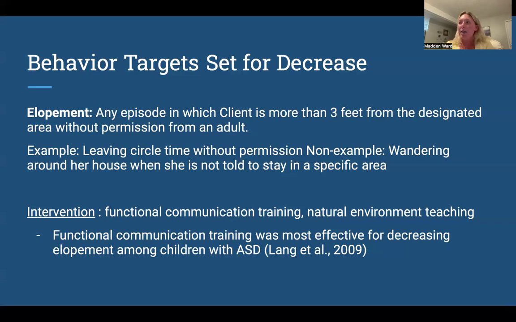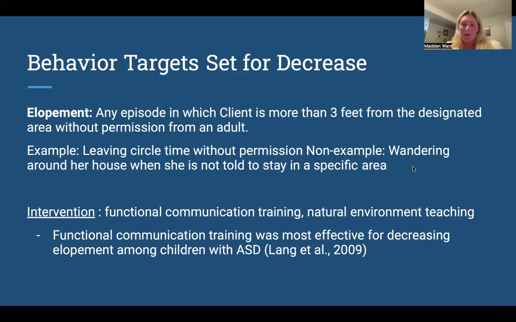But since then, she has gained the skill repertoire to maintain circle time for up to 20 minutes, which is great. So those escape mands that she at times still does engage in are not always honored. And again, that's another toleration of denied access. But elopement has decreased significantly. She still does elope at circle time when she needs to go to the bathroom. So if we see precursors to her having to go to the bathroom, we'll prompt her to ask the teacher to go use the bathroom.